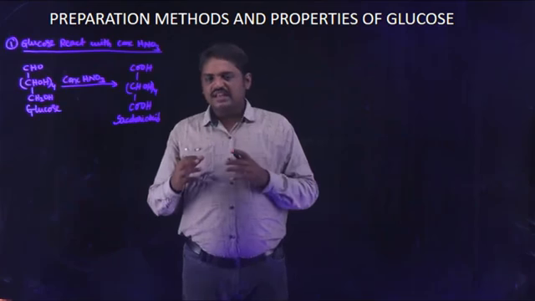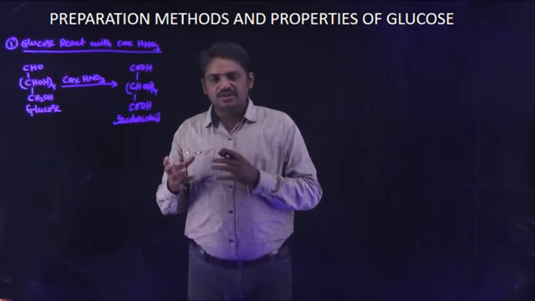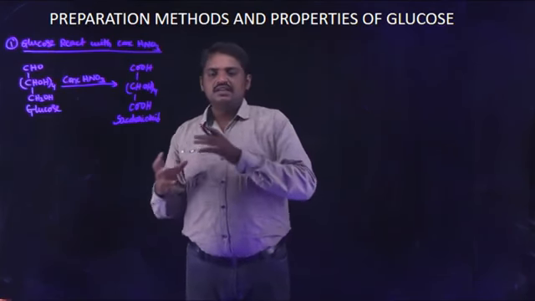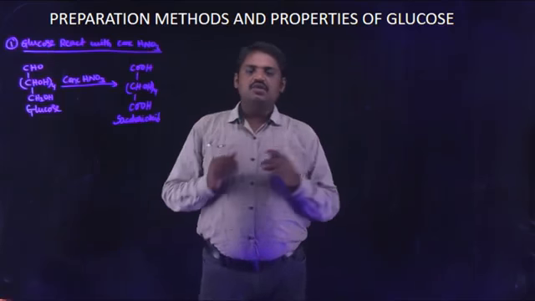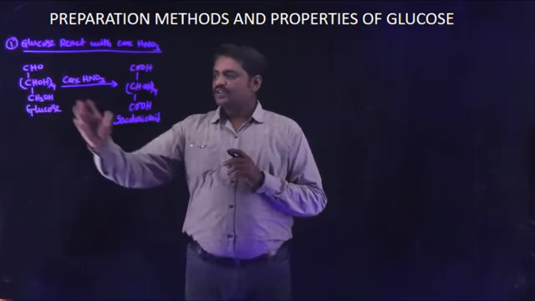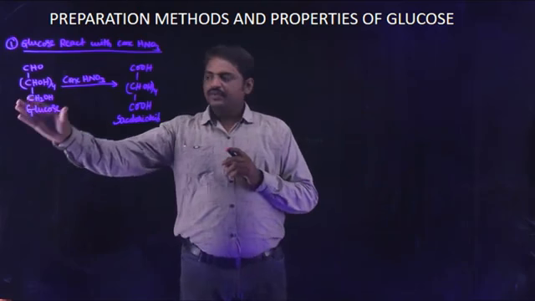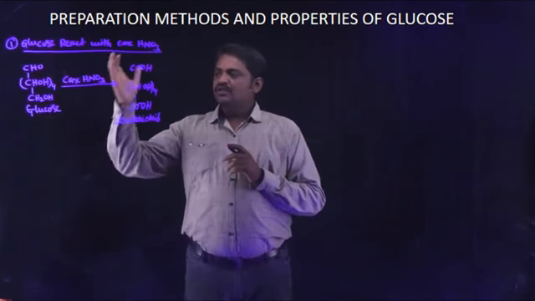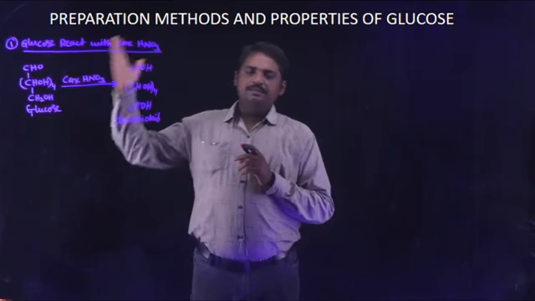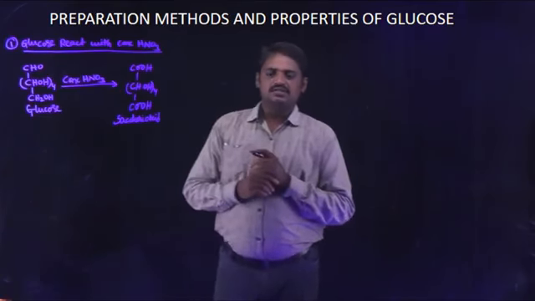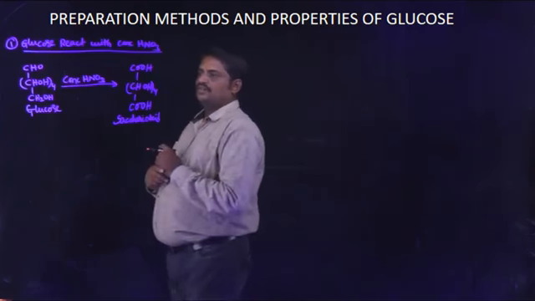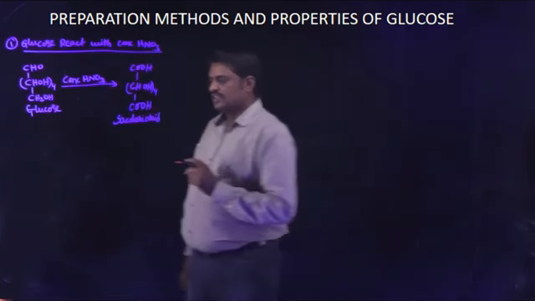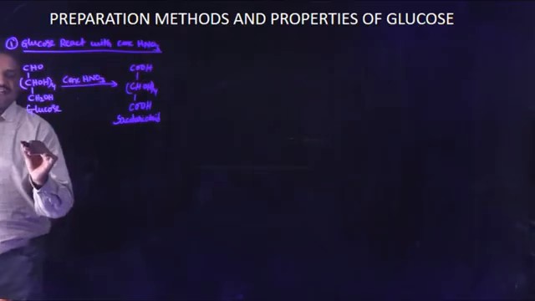Why? In general, primary alcoholic functional groups react with strong oxidizing agents and are completely converted to carboxylic acids. So this is a primary alcoholic group. These primary alcoholic groups react with a strong oxidizing agent and are completely converted to carboxylic acids. Glucose reacts with a strong oxidizing agent. So finally, this reaction is used to identify